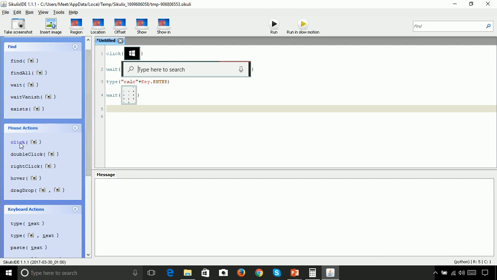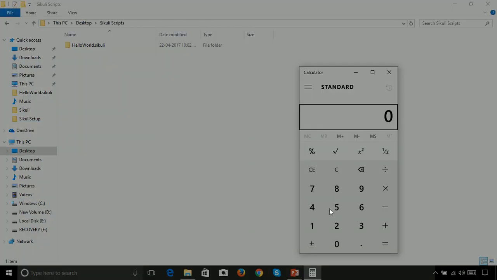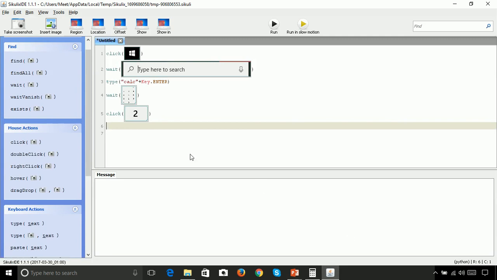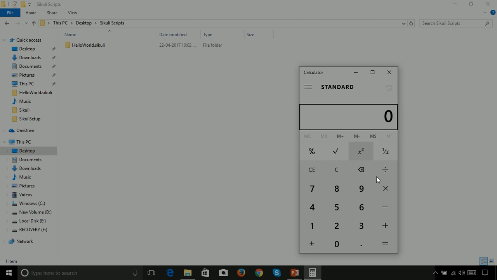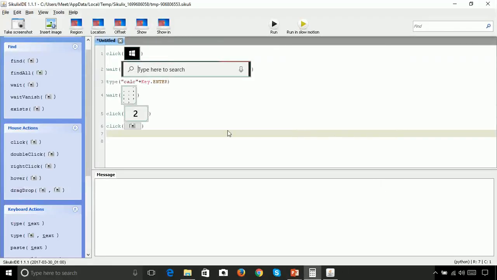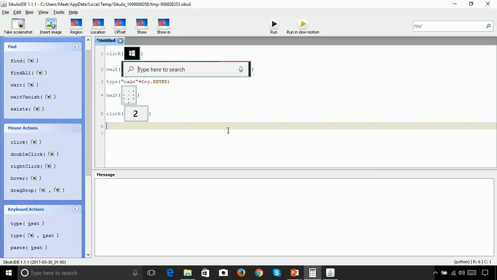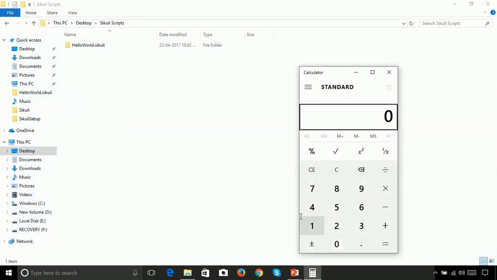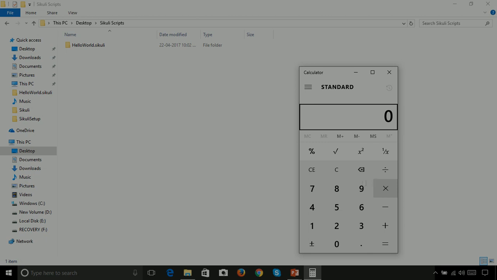So first we want to click on 2, so let's drag a box over 2. After 2 we want to click on multiplication, so drag a box over multiplication. Let's click again, and this should not be hovered, please note that, because when we run our script, it is not compulsory that this image will be hovered.